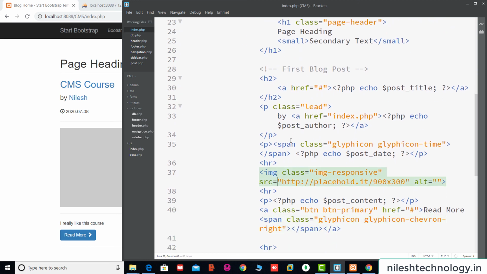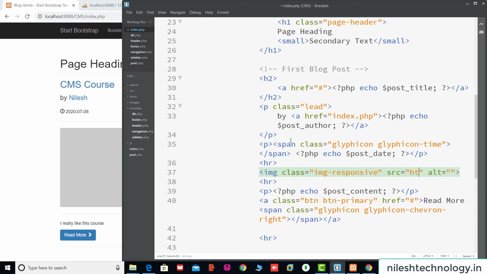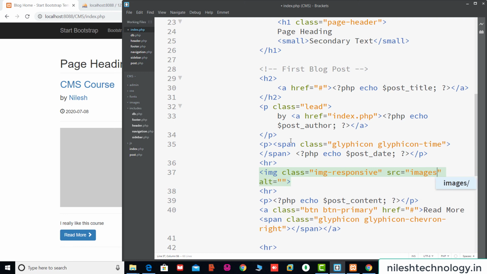Okay, so going to this Brackets editor, in this image section, so here src equal to, so here we add the folder name, images slash. Okay, so we're not using a fixed image, but using the database. Okay, so here copy paste this code here and your variable is post image.